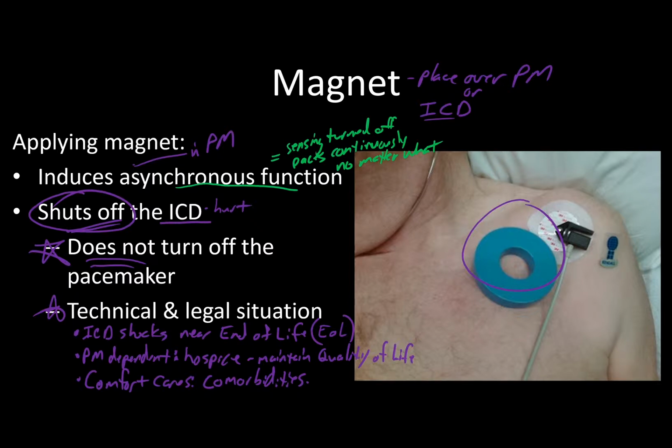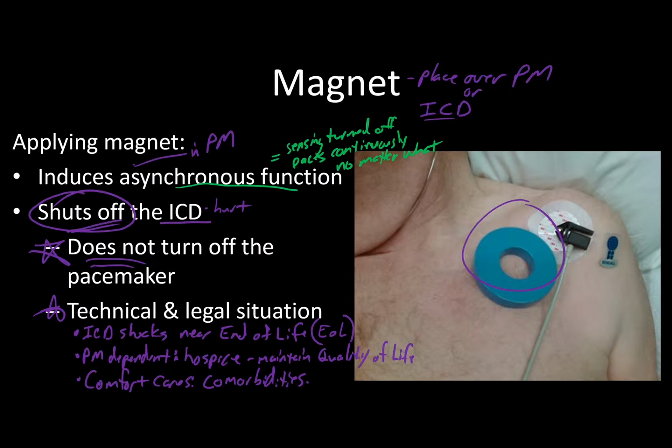And think about it this way. If a patient has bradycardia and they get dizzy and they don't have energy and they look crummy, leaving the pacemaker on there gives them more energy, makes them feel better. And so that's why we'd leave the pacer on. But we'd turn off the ICD because they're on hospice. The goal is not to provide a